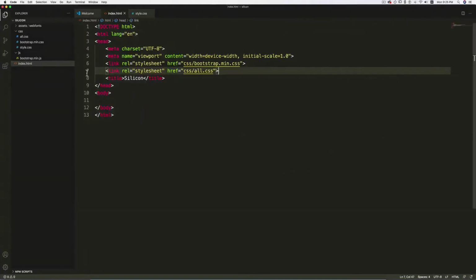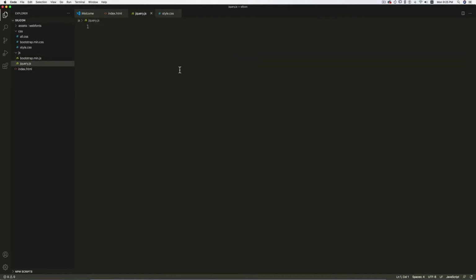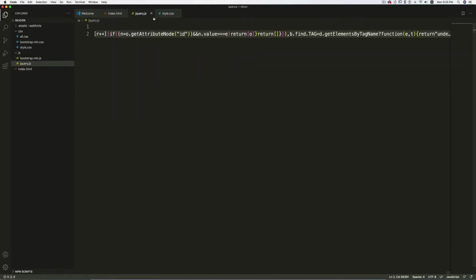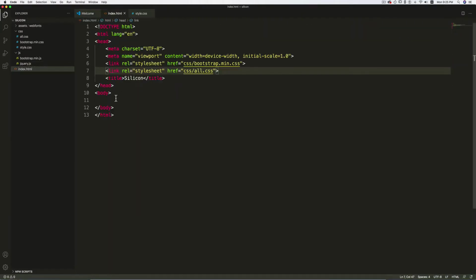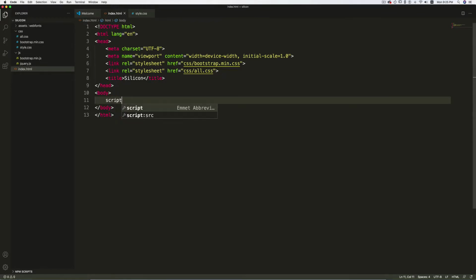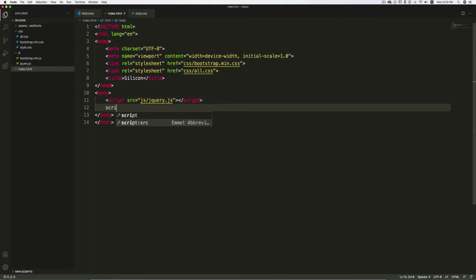this. Now create a new file in the JS folder. Let's say jQuery.js, and I'm going to paste the code. Let's save this, and in the index file I'm going to link the script at the very bottom. So script source JS. First I'm going to link jQuery, and then I'm going to link Bootstrap, and after this